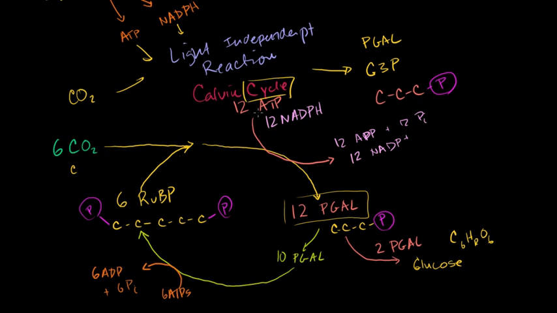We were able to take the byproduct of the light reactions, the ATP and the NADHs, there's some more ATP there, and use it to fix carbon. This is called carbon fixation. When you take carbon in a gaseous form and you put it into a solid structure, that is called carbon fixation. So through this Calvin cycle, we were able to fix carbon, and the energy comes from these molecules generated